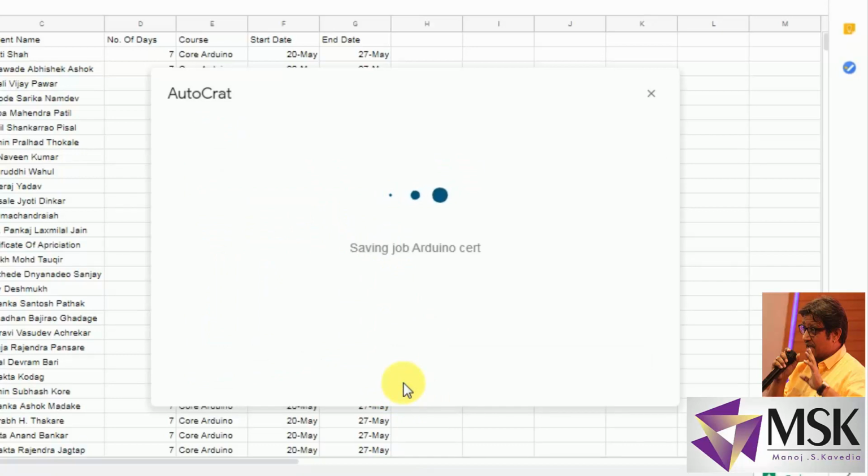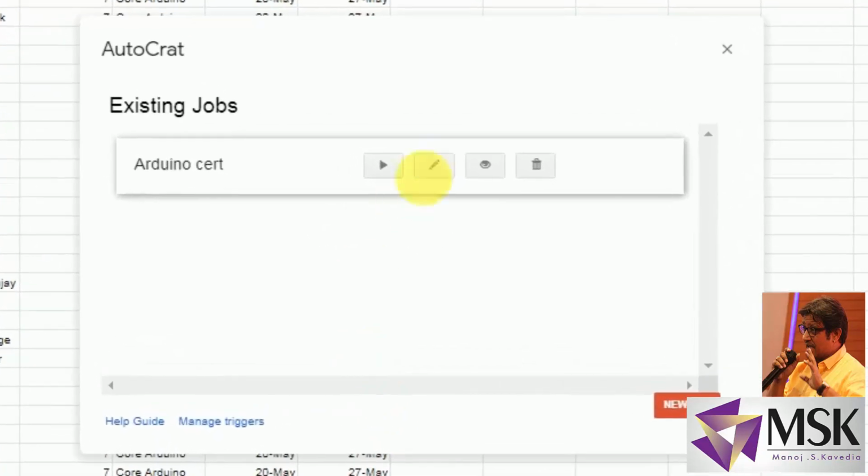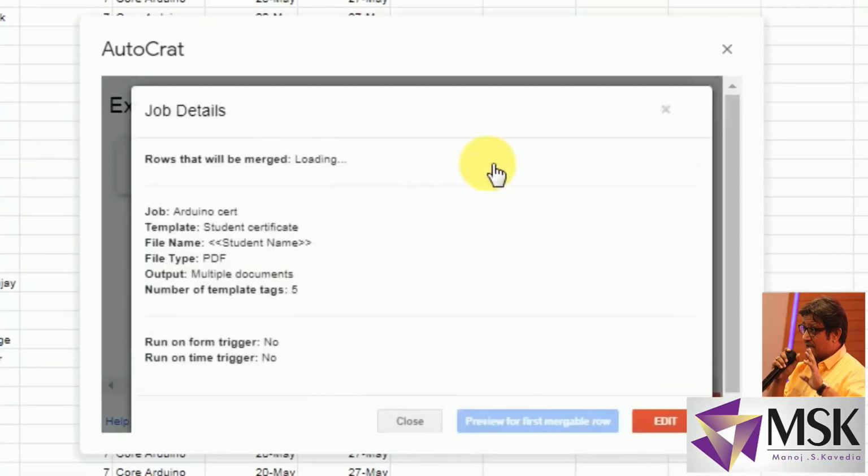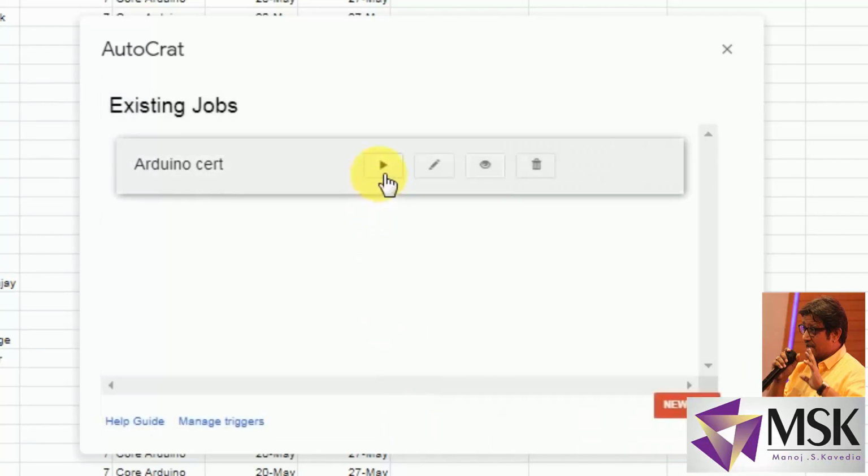And now I'm saving. Again, it will take some time. Now review it. What the job details are, what is the name of the job, what is the template, what is the file name, what is the type, where the output should be, how many fields are there. All possible settings you verify, and then say generate certificate.